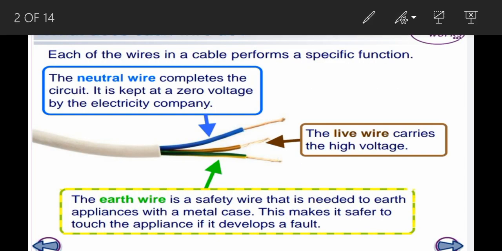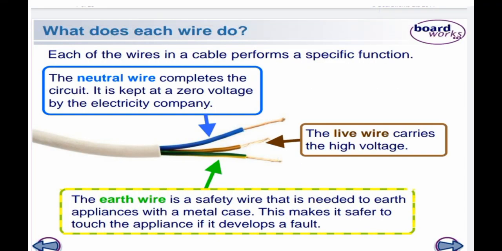The topic is the domestic electrical circuit. The electric connection for supply of electric power from the city substation to the distribution box of a house, and house wiring, will be used. So now, three core cable wiring of household circuits will be there, as you can see in the picture on the screen. The main supply of electric power is done to our homes using the three core cables.